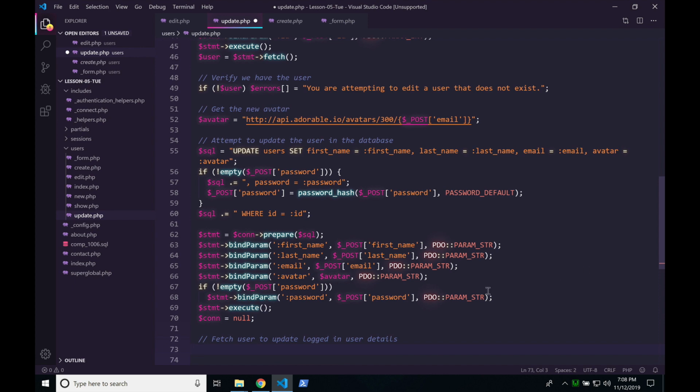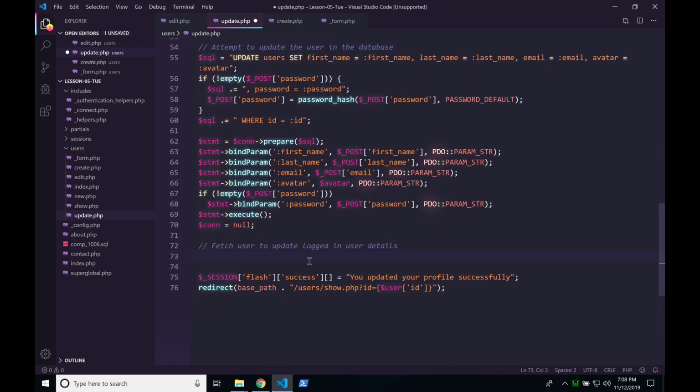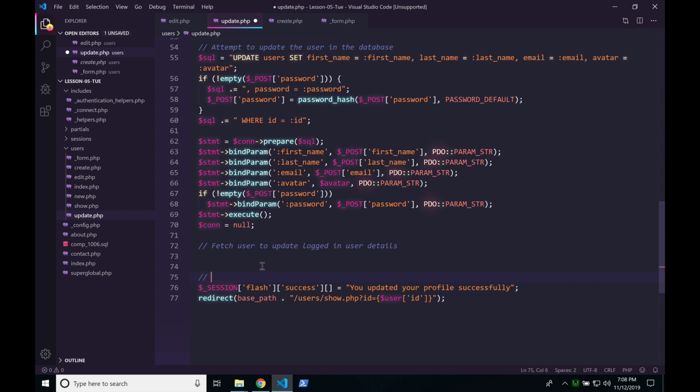Okay. Now it's important also that we pay attention to this because we don't want to do this if the user is an administrator and they're updating somebody else. We don't want to accidentally replace their details, right? This one will be redirect user upon success. There we go. So let's go ahead and fetch the user to update the logged in user details. So what we'll do is we'll do $user equals